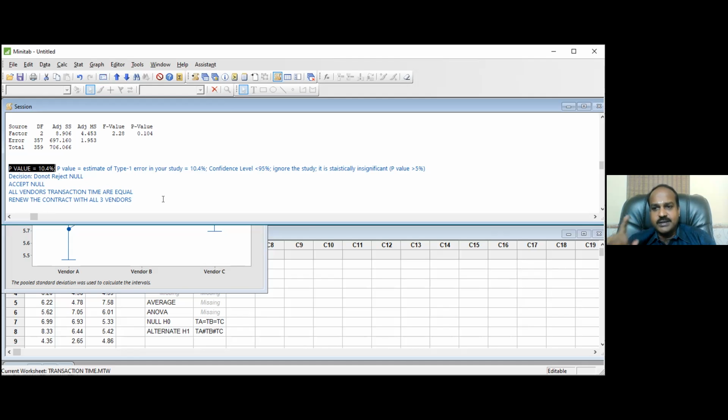Please note, I am not commenting about the alternate. I am only checking whether the individual is innocent or not. If he is innocent, yes, he is innocent, he can be released. If he is not innocent, I will only say he is not innocent. I don't say he is a criminal. Clear? The decision is not on the alternate. To say he is the criminal, you can further investigate. Am I right? Right now, what you are saying is he is not innocent. He is definitely a potential culprit.